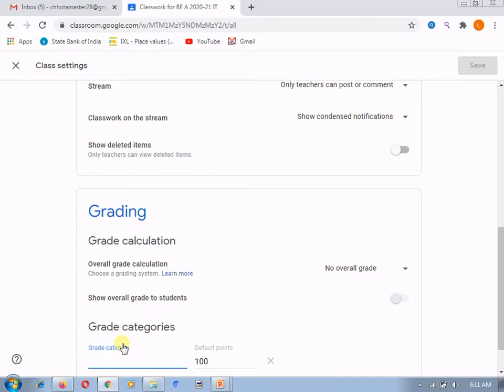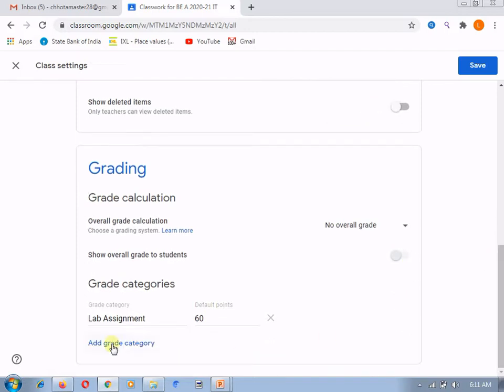So I am giving the first category as lab assignment. After giving the name to this grade category, it asks how many points you want to give. As I explained previously, I want to give 60% for this first category. After doing this, we need to add another category.